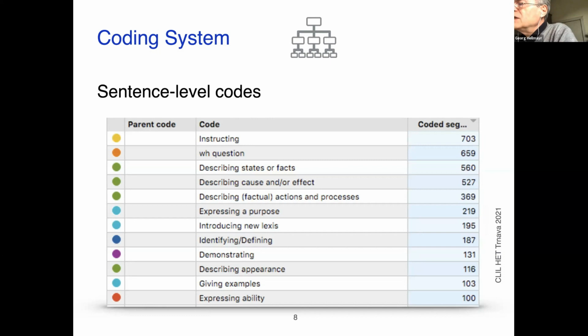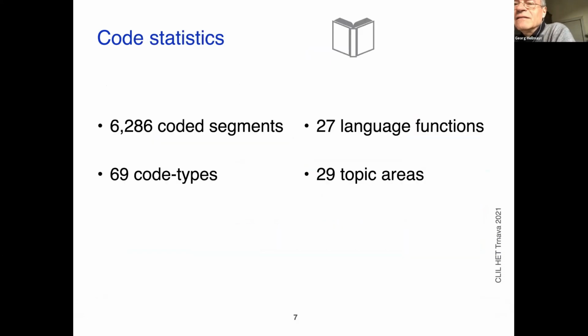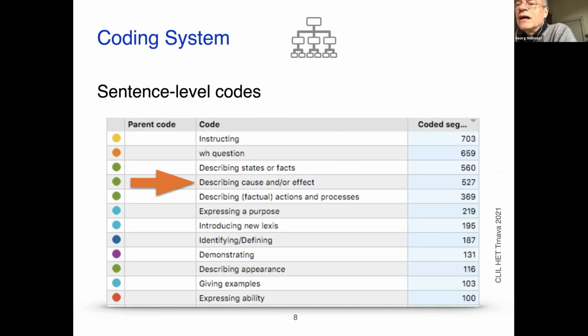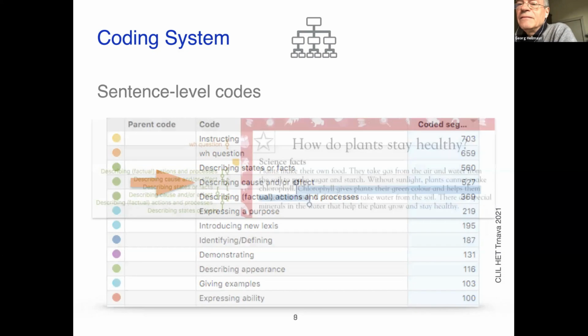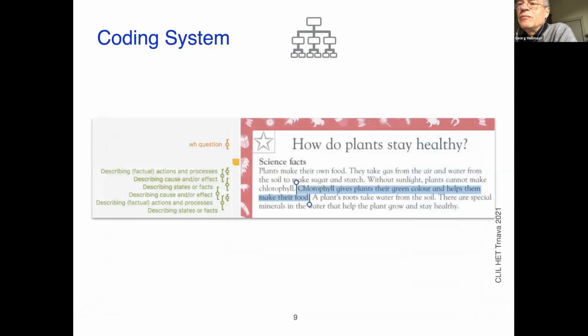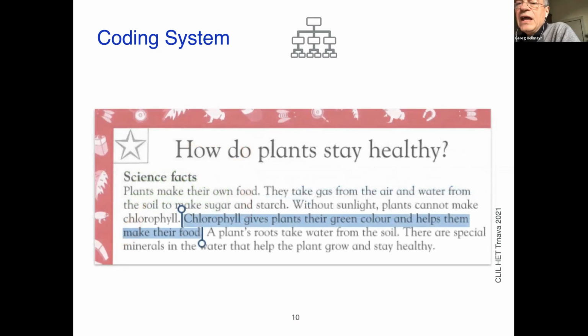Now, if we can see the next slide. So we are now going to show you how we did this. We took the function describing cause and effect, and on the next slide, you can see how this works. On the right, you've got the PDF, and we marked the section where we thought this would be describing, and we can see with the arrow that we allocated this function. Ronald, can you switch? Yes. Okay, so this is what it looks like. And here on the next slide, this is the page, and there you can see the sentence which we tagged as